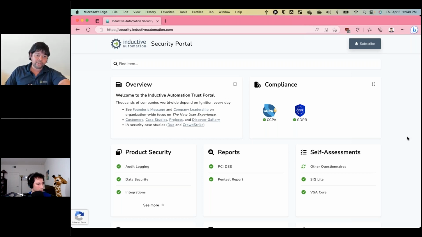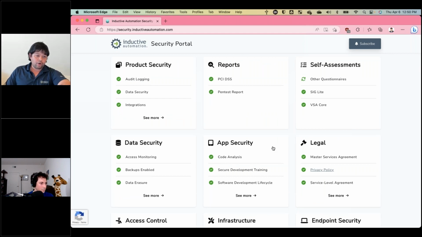I've gone through a few GxP audits with pharmaceutical companies where they want to look at our internal IT and cybersecurity practices, policies, things like that. They want to look at our software development lifecycle, so to see all of the different secure practices that we employ in terms of building Ignition as a secure product, making sure that software dependency libraries are up to date so that you're not inheriting vulnerabilities from the different libraries that are included, and things like that, as well as